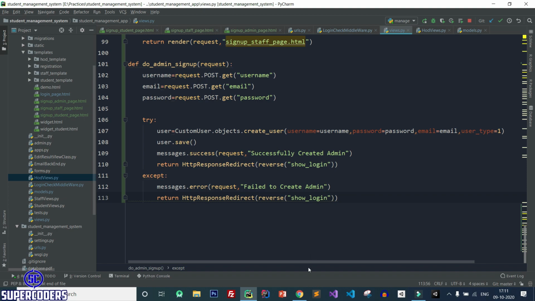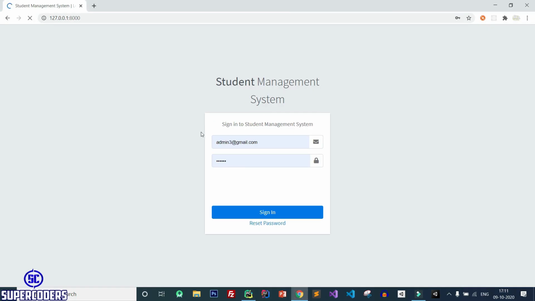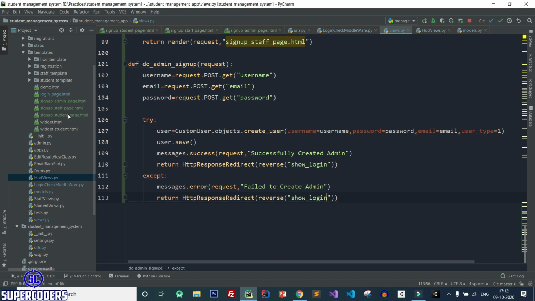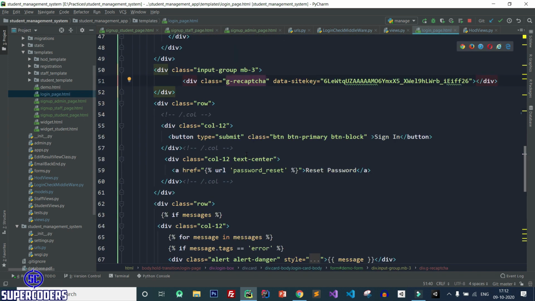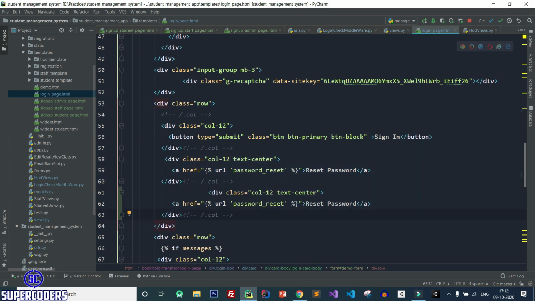So back to Chrome, refresh page and again we need to link the button. So back to PyCharm, open login page and here let's copy this, paste it, admin sign up for testing and here pass the URL.